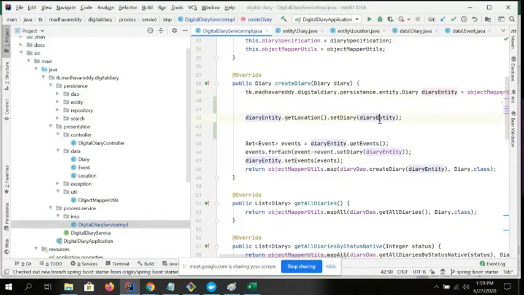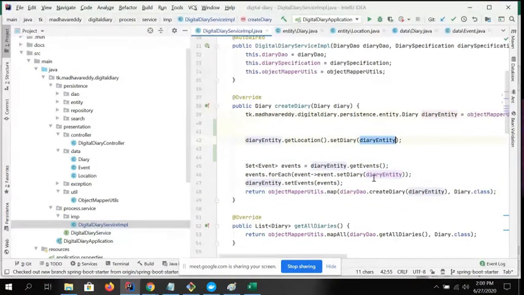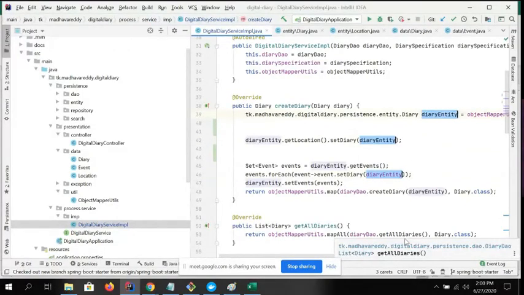See this highlighted information. See, this highlighted diary entity, we are passing into each and every relationship, correct? First we converted into the diary entity, and that diary entity we are passing into each and every relationship. That means whoever has ownership, whichever entity they want to make a relationship, then in these two cases the diary entity is the owner, correct?